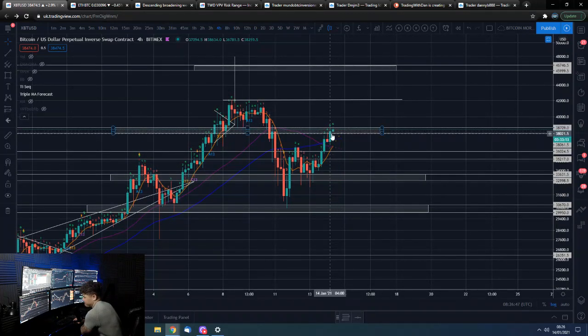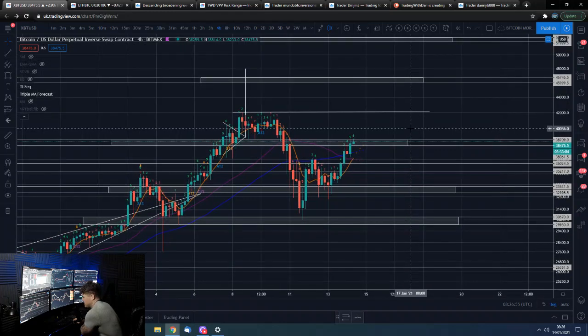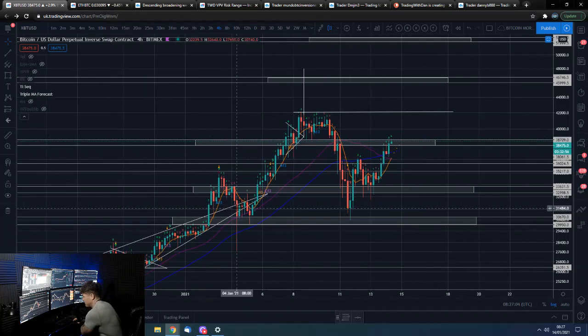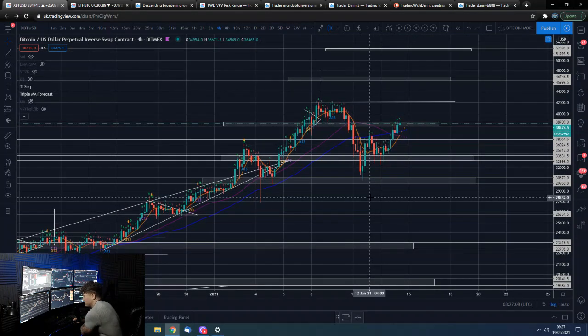But obviously, if we break above here, here's a target, and then it's just a game of breakouts and targets and the levels to reach, and the trend clearly being up. So yeah, obviously what happens in bull markets, you do get lots of, I say lots, you don't necessarily need